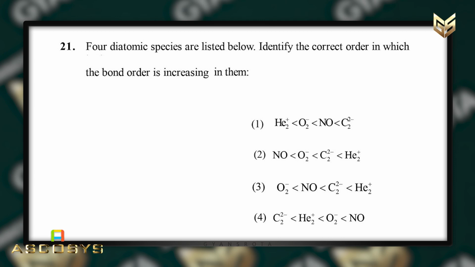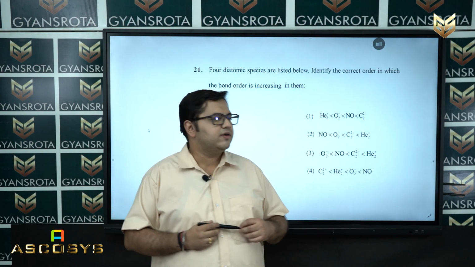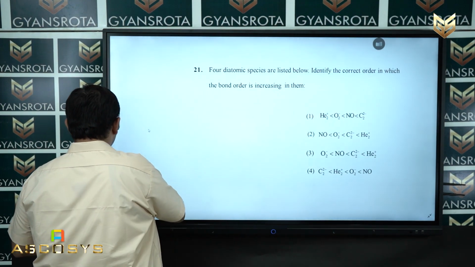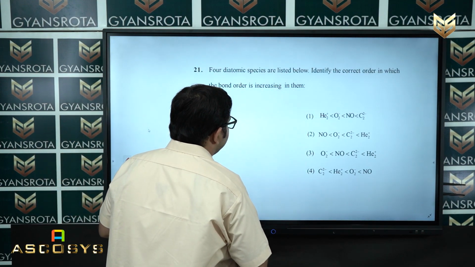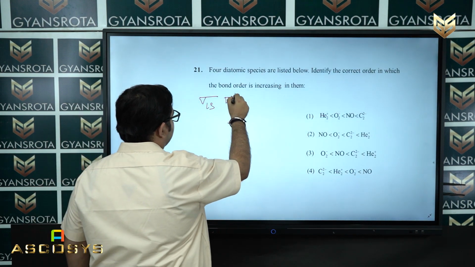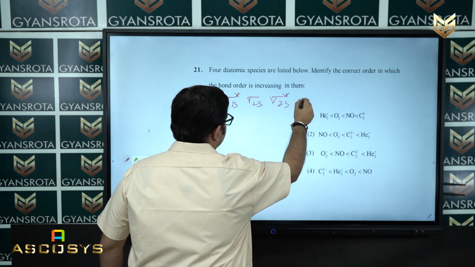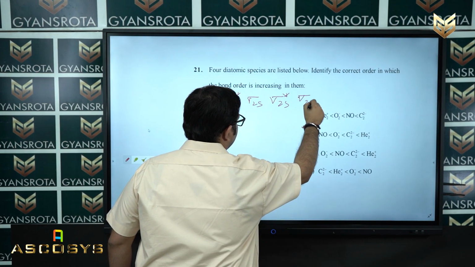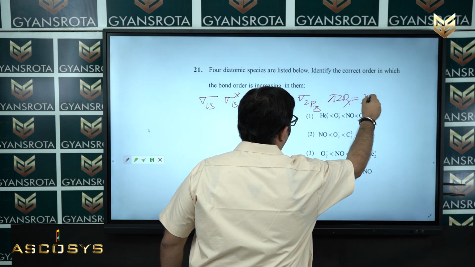4 diatomic species are listed below. Identify the correct order in which the bond order is increasing in them. So now we are moving to the solution part. This question comes from the chemical bonding chapter of your class 11 NCERT. For this you can use this order: sigma 1s, sigma star 1s, sigma 2s, sigma star 2s, sigma 2pz, pi 2px equal to pi 2py,